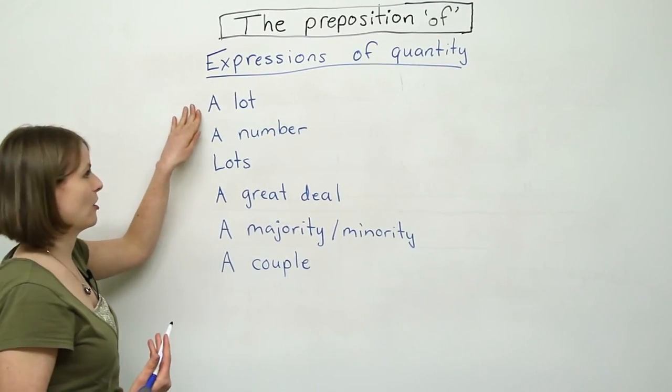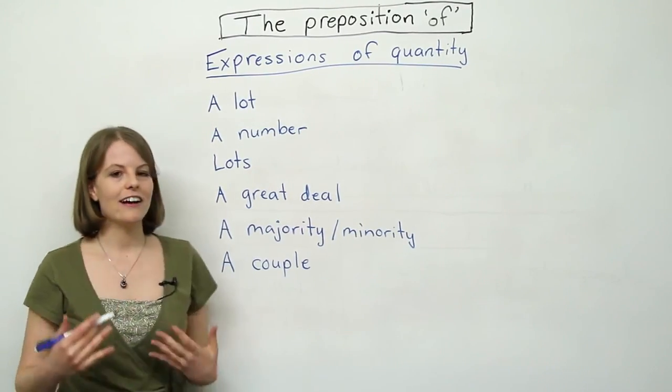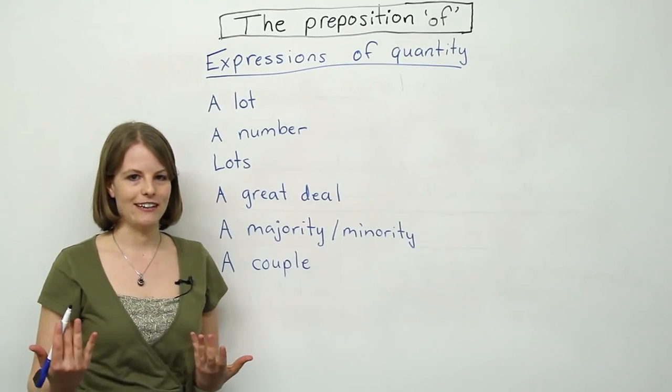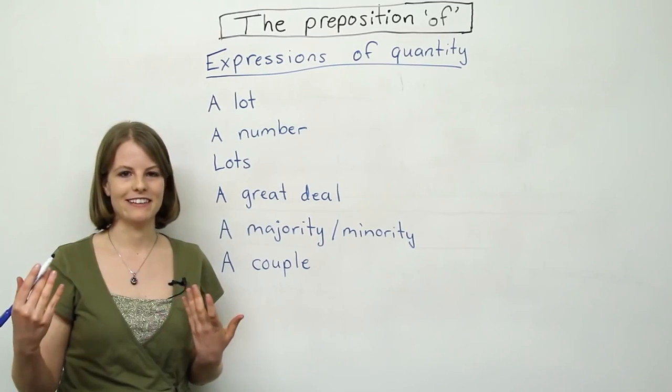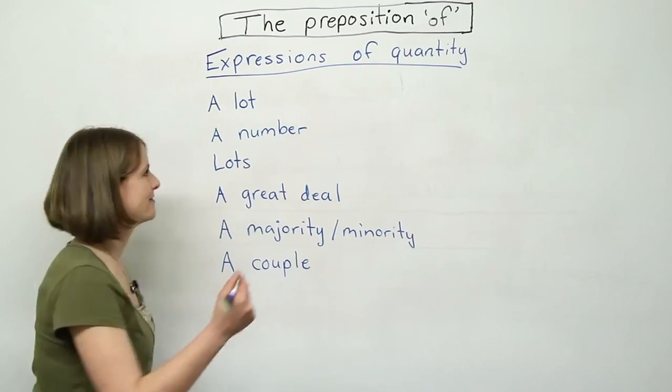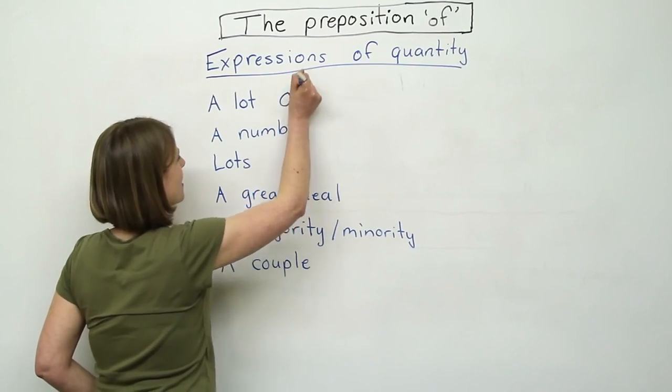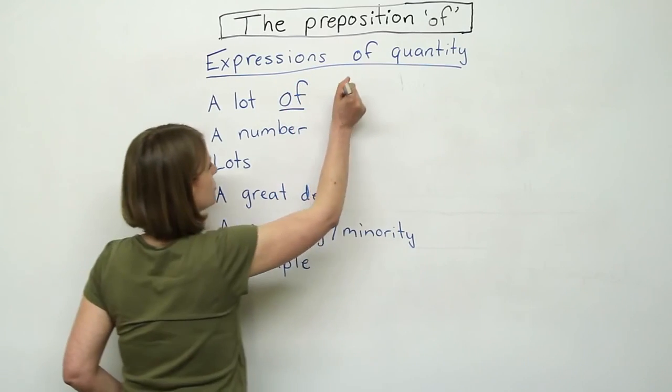The first one is a lot. This is a mistake I always see in students' writing. They write a lot students, a lot businesses. You need of. So a lot of students